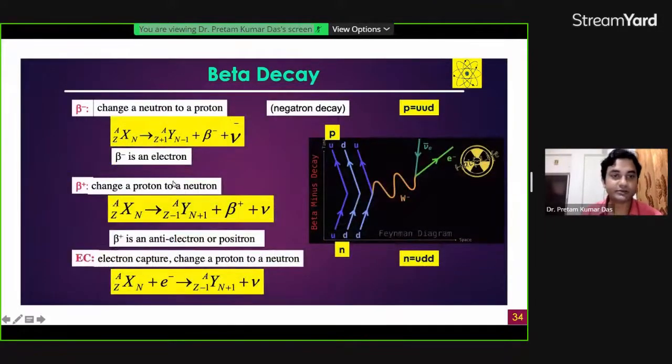So there is another decay, this beta decay. In three ways you can explain beta decay. One is positron emission, this is electron emission, and this is electron capture. When the neutron number is larger, this neutron becomes a proton, and an electron will be emitted. To conserve lepton number, an electron antineutrino should be added here. And if we see positron emission, the proton should become a neutron, and a positron